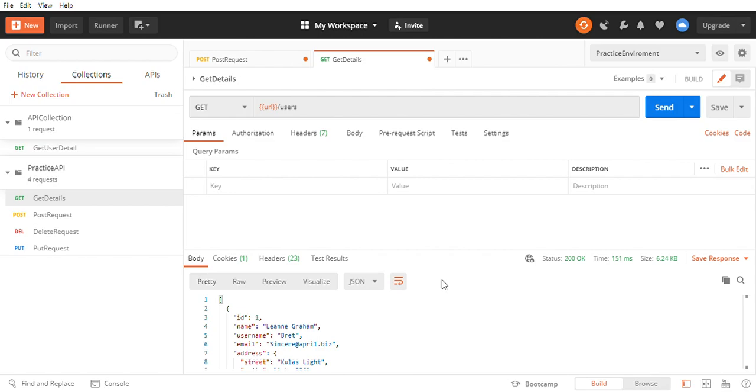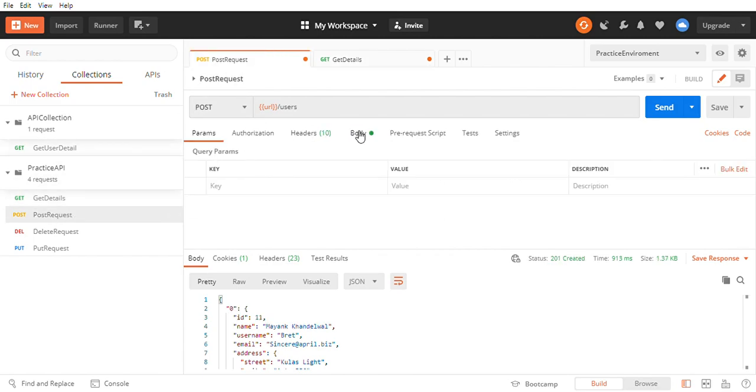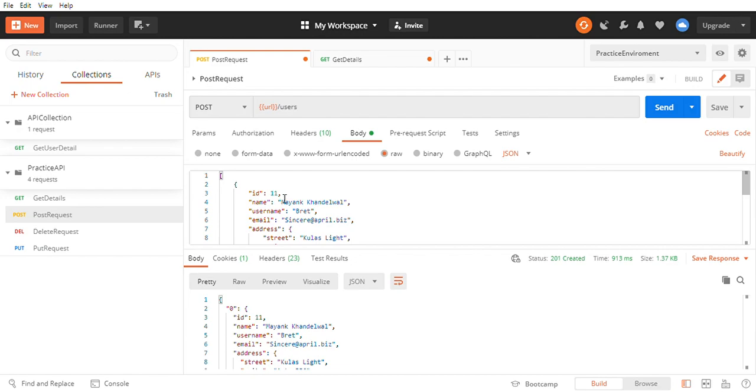Just change the variable value in the environment, and this change will come across all your requests. Let's see one more example. Suppose you are passing here id, sorry, you are taking here as name. Now pass this variable name in the environment.